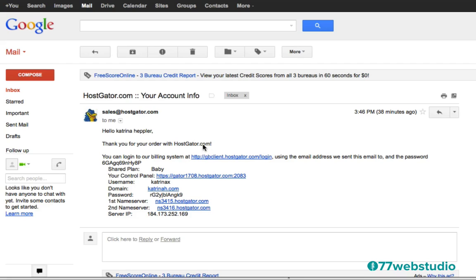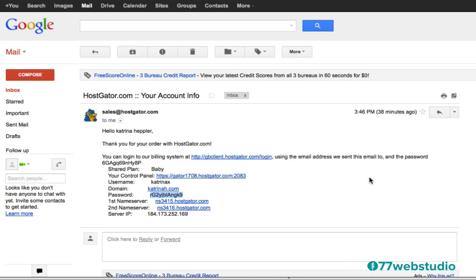Number one, the first link that they'll share with you in the email is the billing system link. So if you want to check out any info related to your billing, you can go ahead and click on this link and use the password that they give you. And then right below that, you'll see that there's a link for your control panel with your username and a temporary password. So I'm going to copy this temporary password here, and to log into your control panel, you'll use this link.